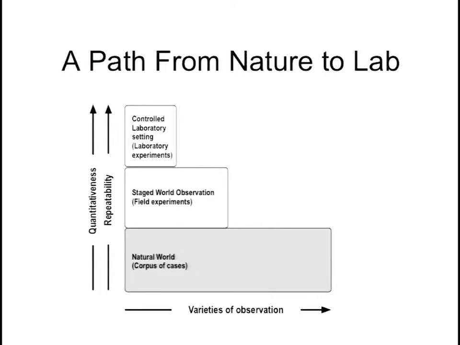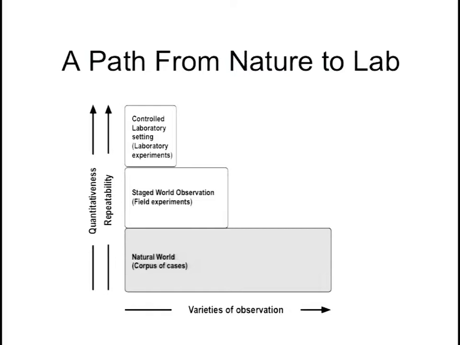So as the process goes from the corpus of cases about the phenomena, you get more details about what's happening, and you see the scientific methodology increases. As we go up this, we get more quantitative measures. And we start controlling the conditions, less here, extremely so here. And so we have high repeatability of the data. The data acquisition and the results become much more quantitative.